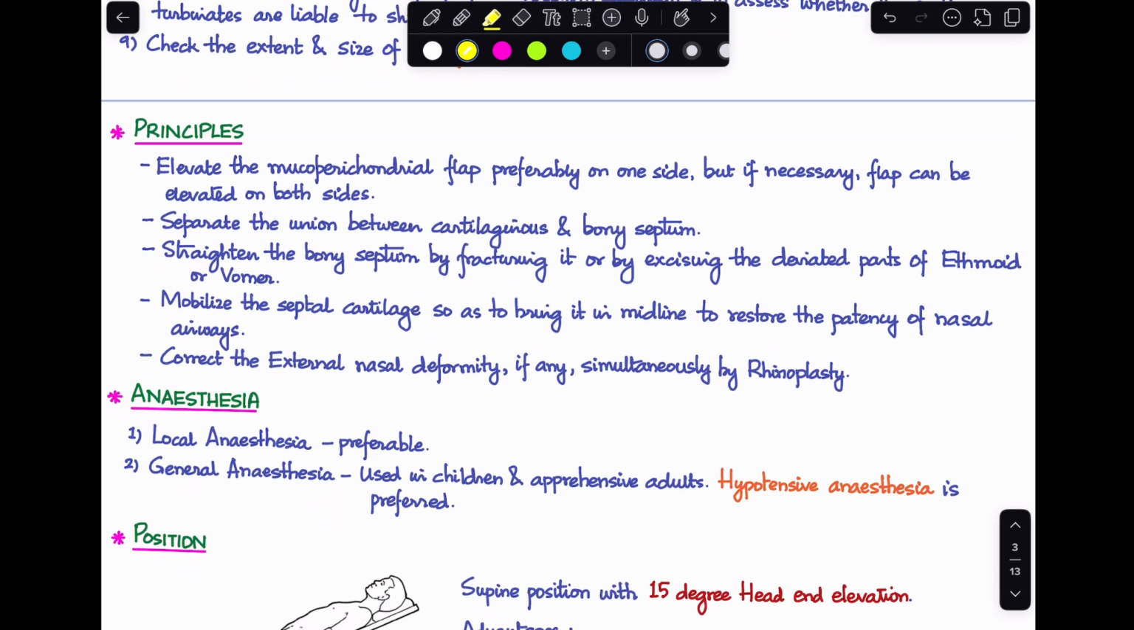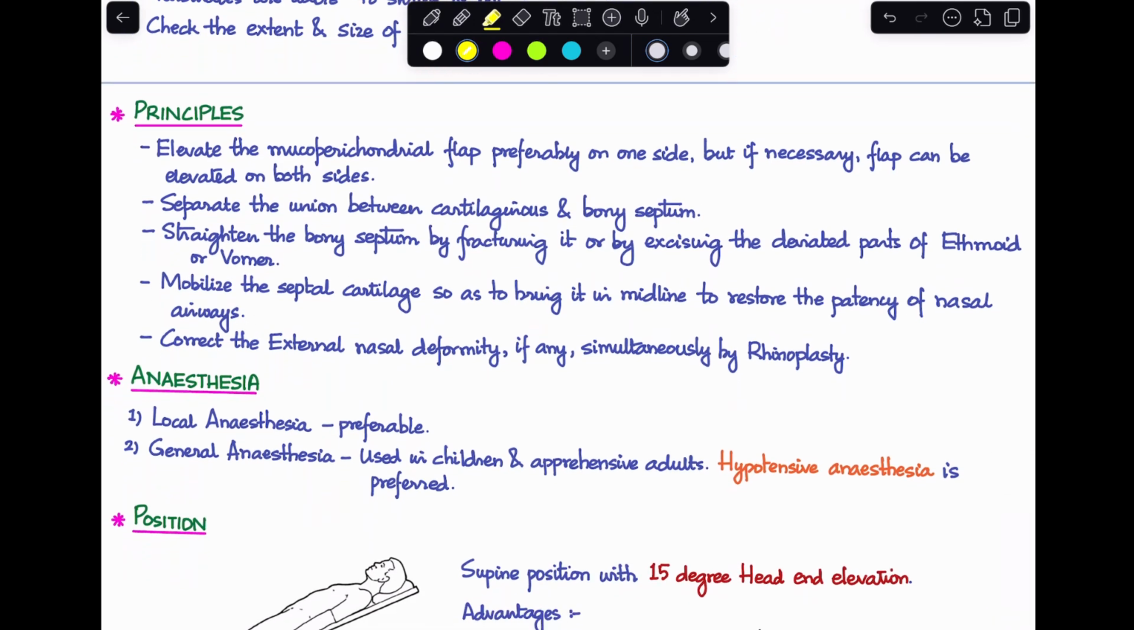Now, there are certain principles you need to remember for septoplasty. First is, preferably you will try to elevate the mucoperichondrial flap only on one side, mostly. But if it is necessary, you can definitely elevate on both sides. But doing it on one side prevents the chances of any kind of damage or tear to the flap. And if you end up having a tear to the mucoperichondrial flap on both sides, exactly at the similar identical site, that may lead to septal perforation later. So you have to be very careful about that,